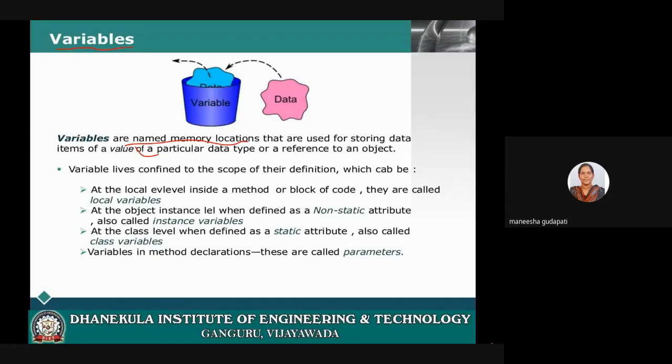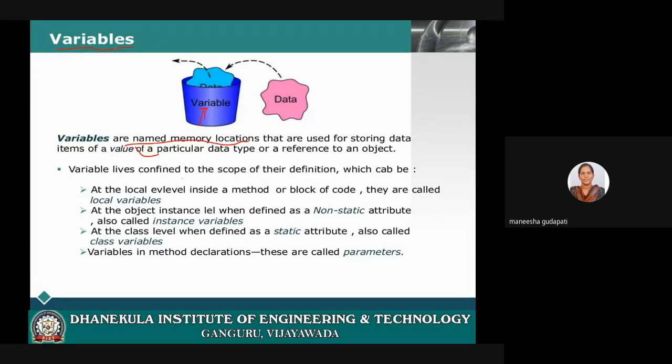By using a variable you can store data. What type of data you have to store? With the help of data type you will specify what type of data you have to store in that particular memory location.